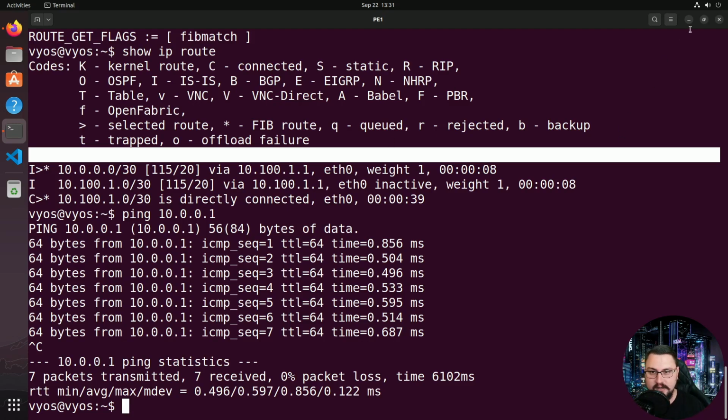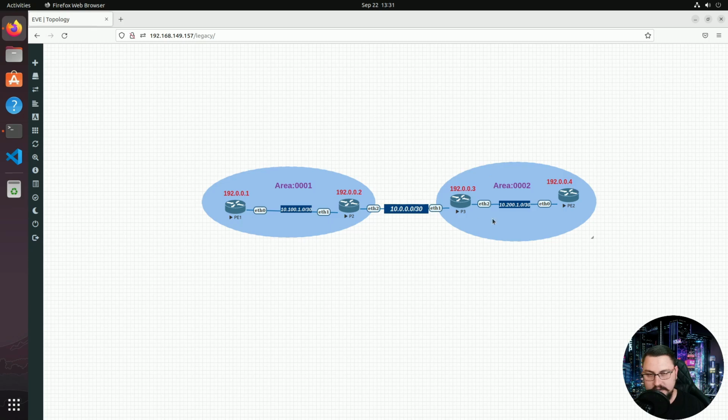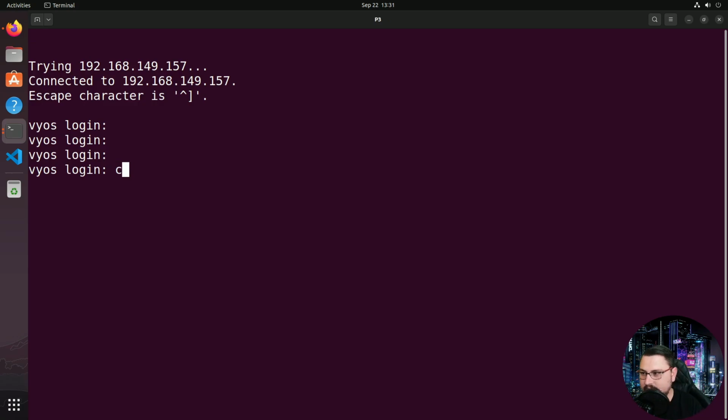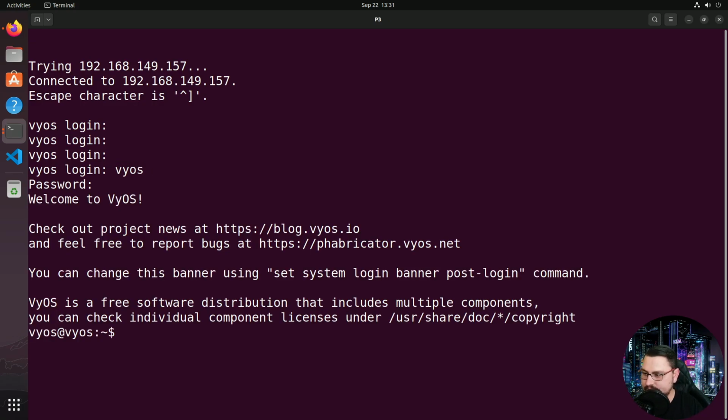Let's actually bring in another L1/2 router in a different area so we can have a little bit more communication happening. So let's log on to this P3 router. And again, I'm going to shoot through it quickly. So it's going to be VyOS. We're just going to head into configure mode. Let's do a set protocol ISIS network